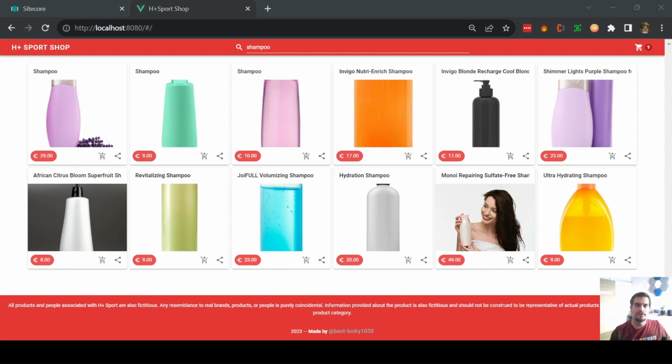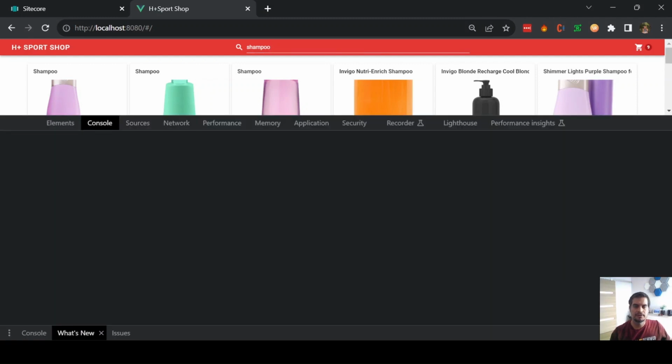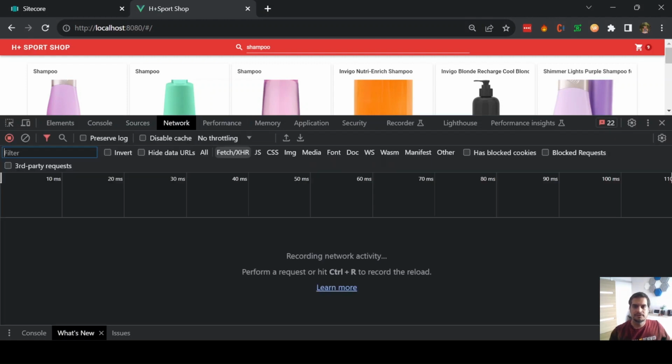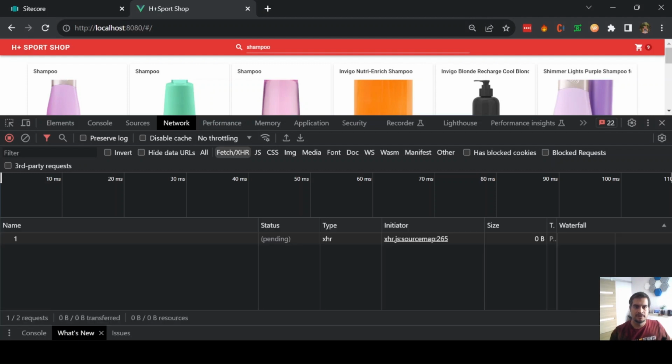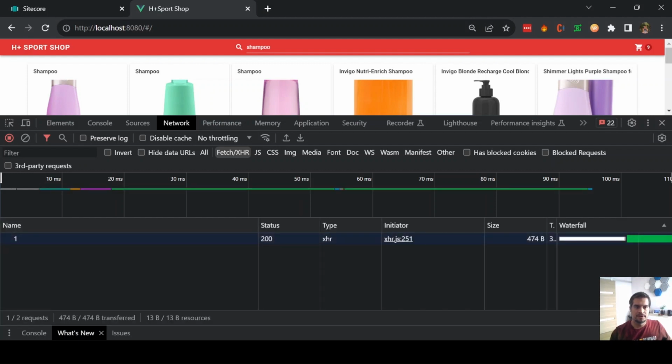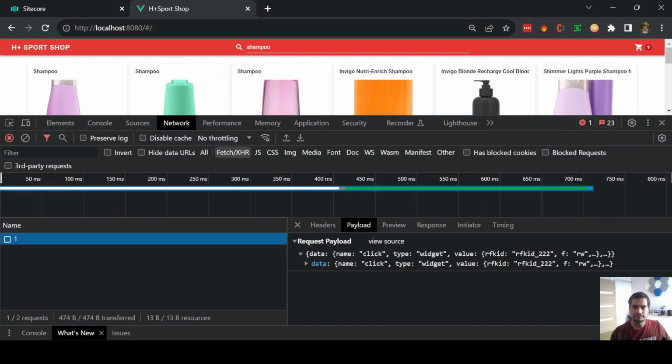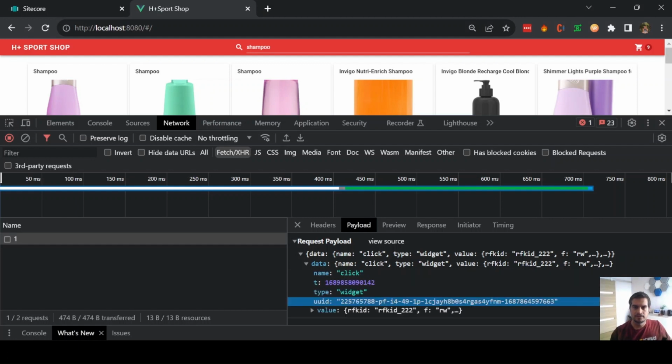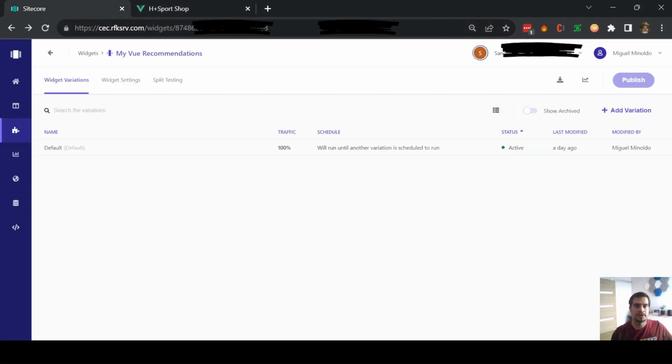Now, to make sure that all the events are being tracked by Discover, I will use the event monitoring from Discover. So first thing I need to do is to grab my user ID that I will get from the network tab again. So let's, for example, click on a product, and this will give me the user ID. Here we go. So I'm copying this one,